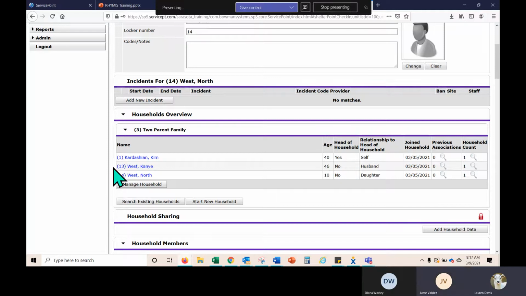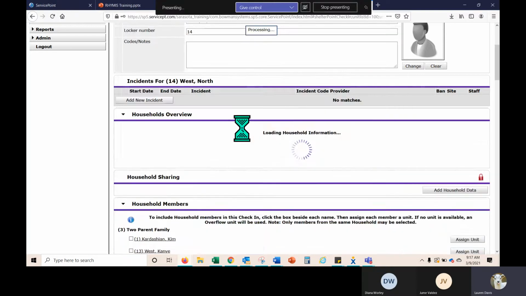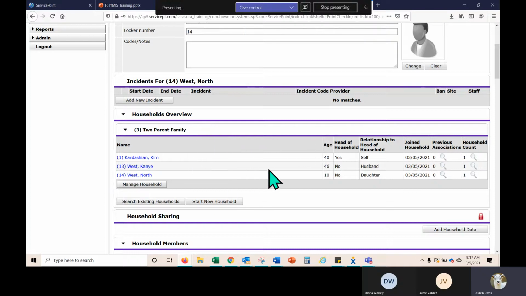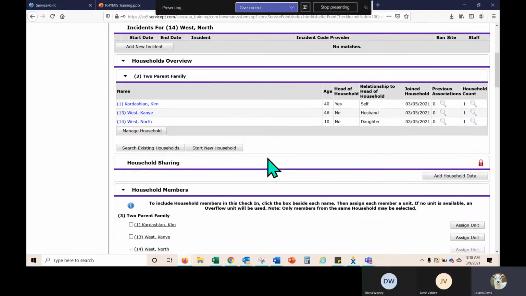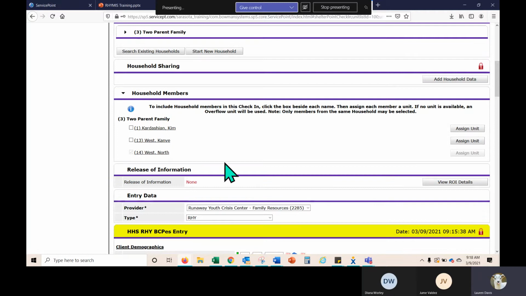Okay, good. So we don't want to manage the household. If the client had in fact left the household, you would want to manage this household and remove North from the family and set herself as an individual or as her own household. But like Jume just said, typically clients are not leaving the household for good. So you are only checking in North. You'll see that North is selected.